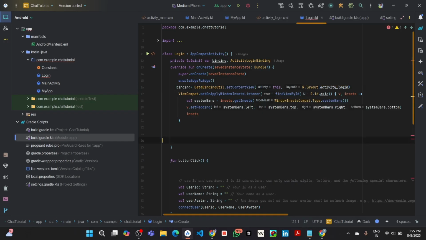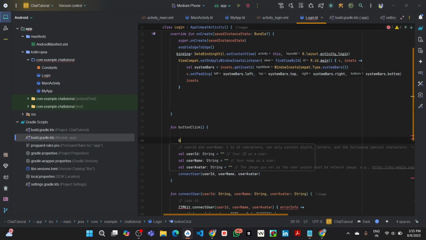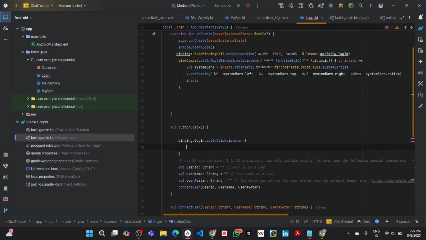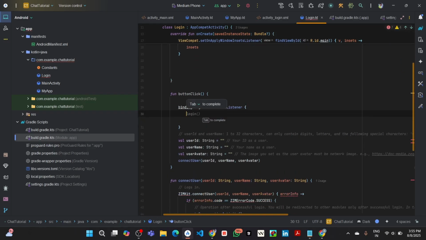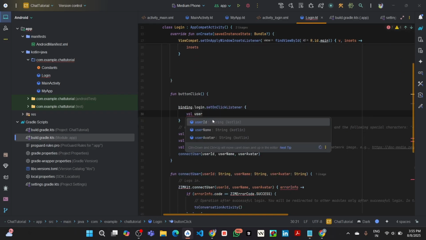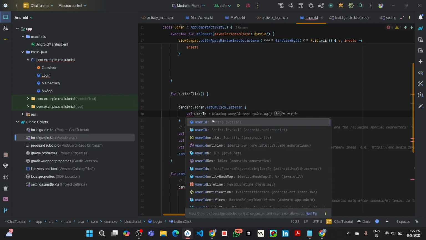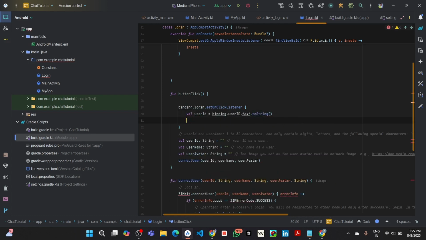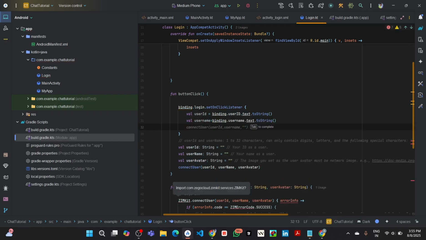Yeah, and then after that we are going to set a click listener on the login button, login dot click listener, and then we are going to store the user ID which the user will enter in the edit text. We are going to store that, and also the username, binding dot, yeah,